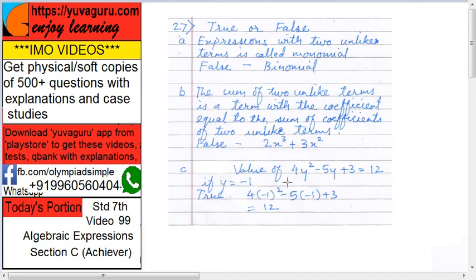Next, value of 4y square minus 5y plus 3 is equal to 12 if y equals minus 1. Very easy. Just put this value of y. 4 into minus 1 square, that minus 1 square is always plus, so 4 into 1, 4. 5 into minus 1, so this becomes plus, minus into minus plus, 5, then 3 as it is. Solve this. 5 plus 3, 8 plus 4, 12, so the answer is